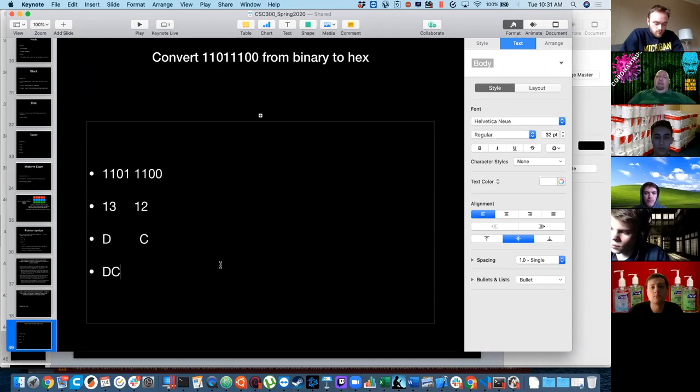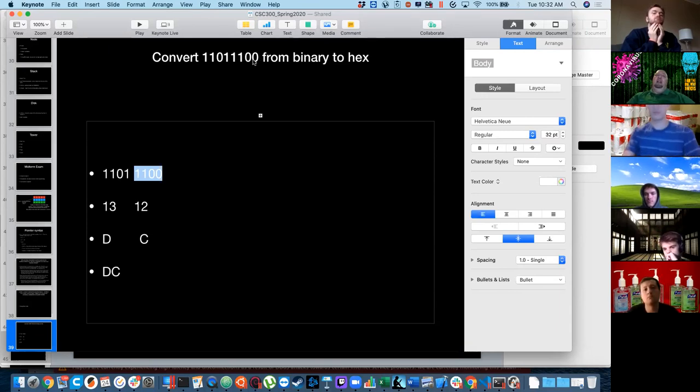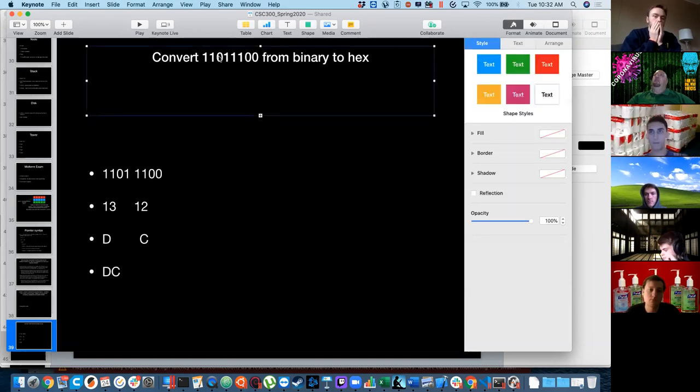I would say for the most part, people got this one right. But I would say too many of you had substantial work that you were showing for this one, where you were converting from binary into decimal and then decimal into hex, and you ended up with the same answer. But by this point, you should understand that octal and hex, the reason those are popular computer bases is because they're powers of 2, and they allow you to have this convenient conversion between binary, which is our machine language,